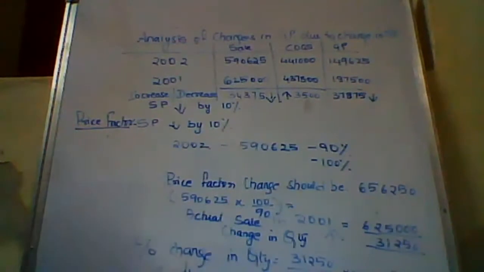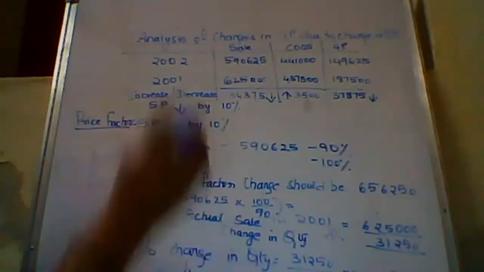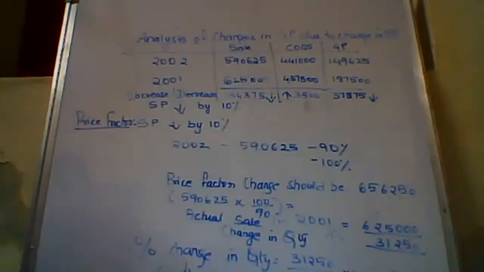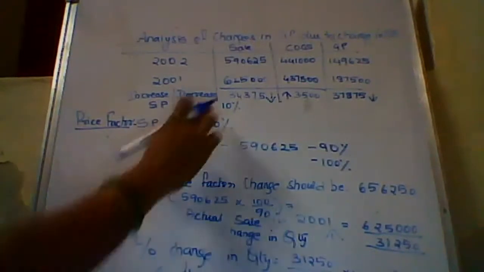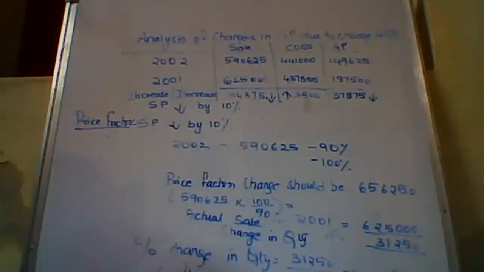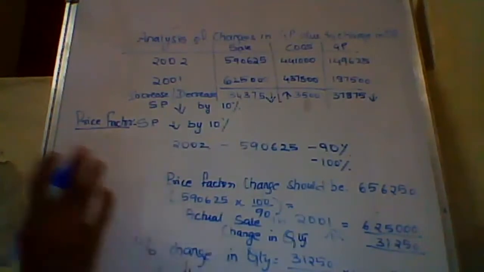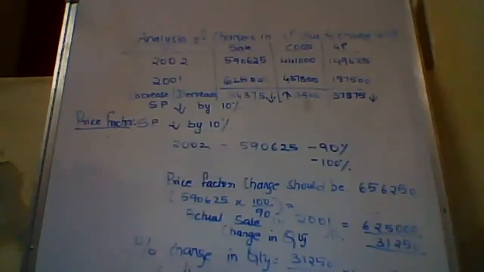So from the current point, I find out that the quantity has increased by 5%. Now that I know there is a quantity increase of 5%, same quantity increase I will apply in cost of goods sold. Now remember one thing, that in prices, if selling price is reducing by 10%, there is no compulsion that cost price is reducing by 10%. It can be applied on quantity. What do I mean by that? If quantity is reducing by 10% on sales, it means on cost of goods sold also there is a 10% reduction in the quantity. Why? The number is the same. Whatever you produce, you'll sell that only.